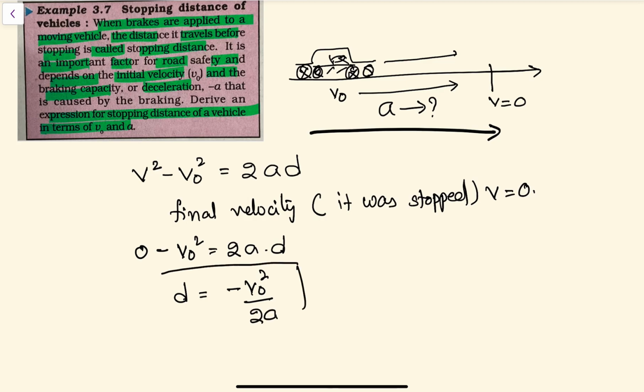Of course, you have studied in the previous classes that this a is called deceleration or retardation. What is here? d is proportional to v0 square. The more the initial speed, the more the distance covered by the car to stop. So this is a simple problem that we can see here. Of course, a can be negative, distance is taken as positive. Do not be confused with the sign.